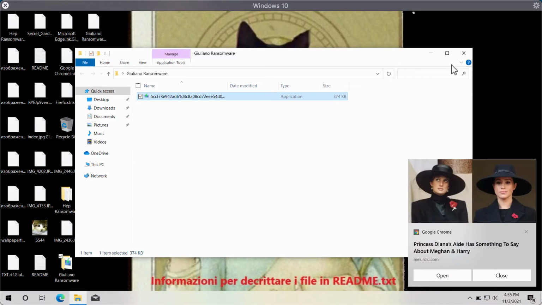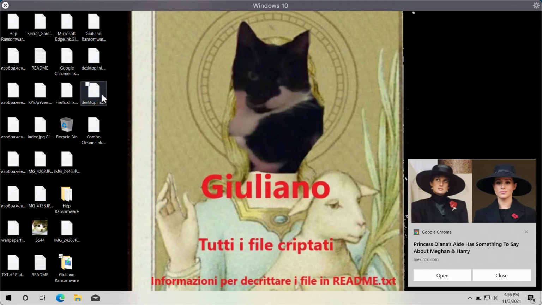So this is what happens after a few seconds. We are no longer able to open the files on our computer, and we notice that the files have been given this Giuliano extension, and the ransomware tells its victims to pay a special ransom for the file restoration,